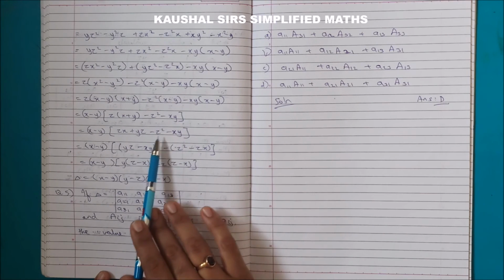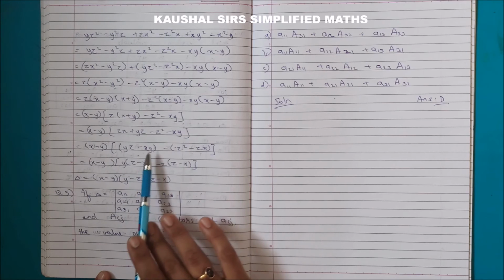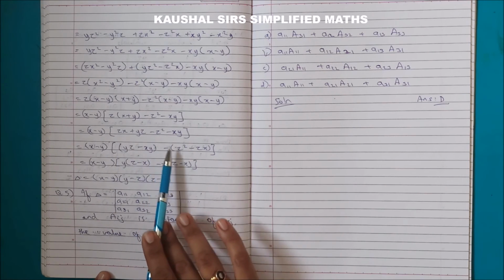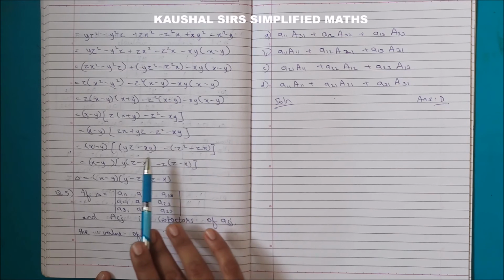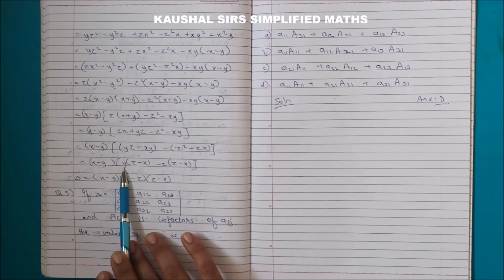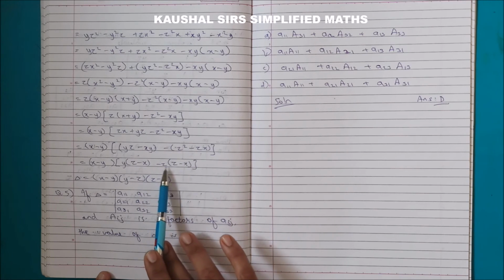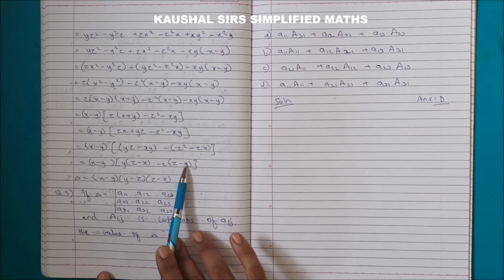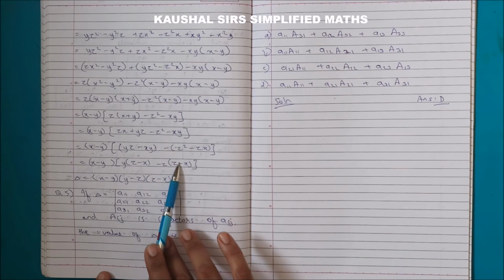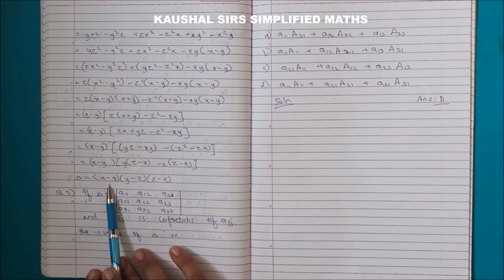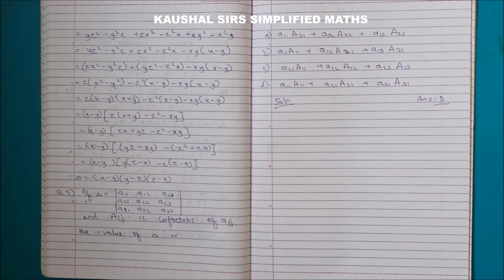Now among these four terms, we are taking yz minus xy term together, and among these two terms, we are taking minus sign common, so it becomes z square minus zx. Now between these two terms, what is common? Y is common, so you are left with z minus x, and here you can take minus z common, so you are left with z minus x. So if you take z minus x common now, so we are going to get your y minus z. So your final answer is x minus y into y minus z into z minus x.